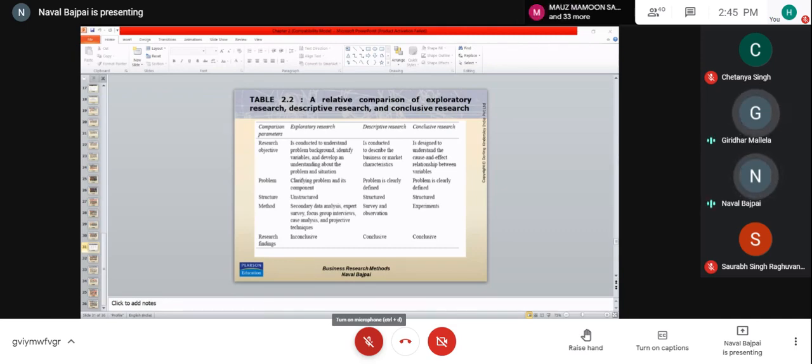So exploratory is for the sake of further understanding. Literature is going to tell me the model kind of thing, right? But I'll have to understand the problem, which is why exploratory is unstructured. I may be able to talk to CEOs of the companies and I'll make the structure for descriptive. Descriptive is the phenomena only. But ultimately, for our MTech thesis or for MBA or for PhD thesis, we people are mainly interested in conclusive, causal, cause and effect. Why is to be answered.